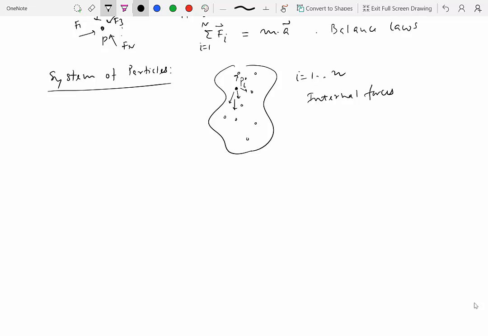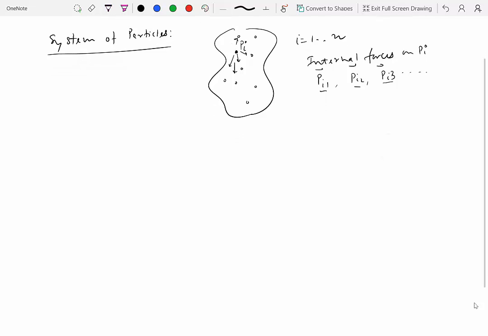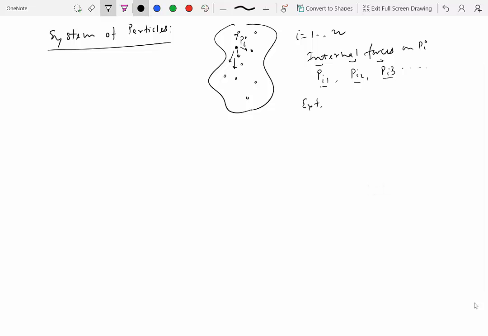The forces internal to the system on Pi are basically what we'll call Pi1, Pi2, Pi3, and so on. These are the forces being applied by particles other than Pi. So Pi1 is the force on Pi from P1, Pi2 is the force on Pi from P2, and Pi3 is the force on Pi from P3, and so on. Of course i should not be equal to 1, 2, or 3 in this case, so you will leave one of the particles out. Otherwise you'll be counting internal forces on a particle by itself, which could happen, but let's say that's not the case over here. And then you can also have external forces